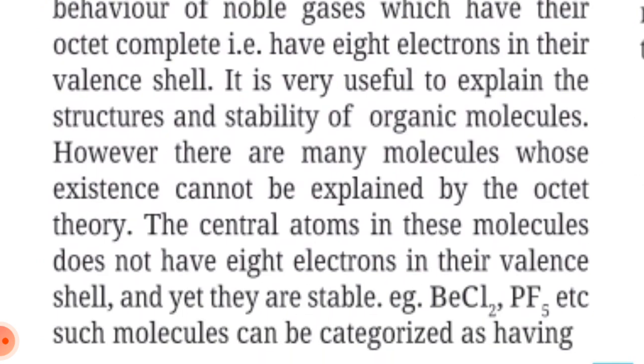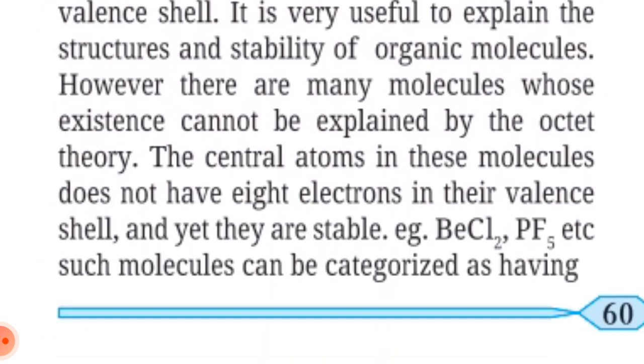It is very useful to explain the structure and stability of organic molecules. However, there are many molecules whose existence cannot be explained by the octet theory. The central atom in these molecules does not have 8 electrons in their valence shell, and yet they are stable. Example: boron trichloride, phosphorus pentafluoride, etc. Such molecules can be categorized as having